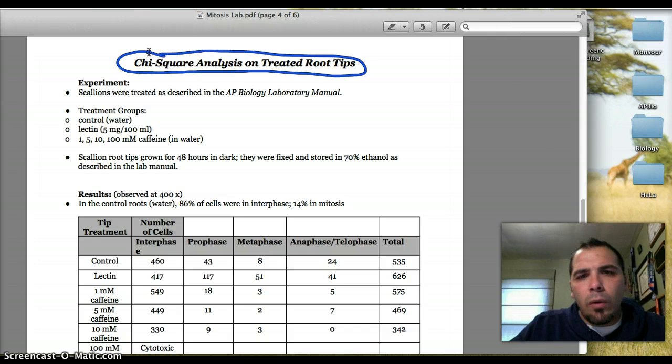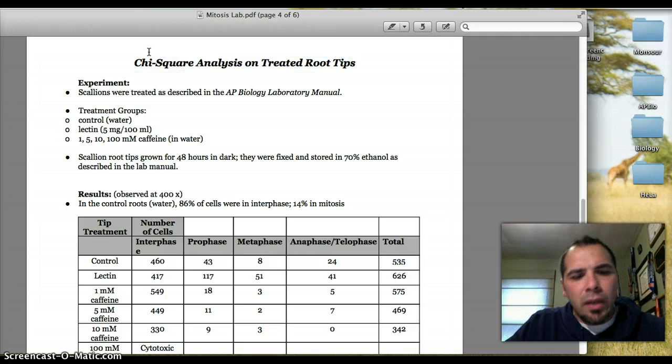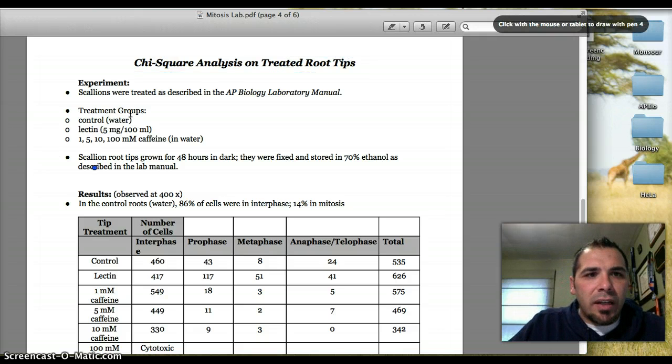So I've found in the past that growing the roots is not viable. It just doesn't work out too well. So what we're going to do is kind of simulate it. So here's our experiment. Scallions, which are a type of onion, were treated as described in the AP Biology lab